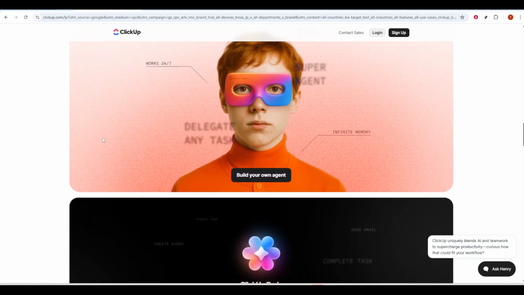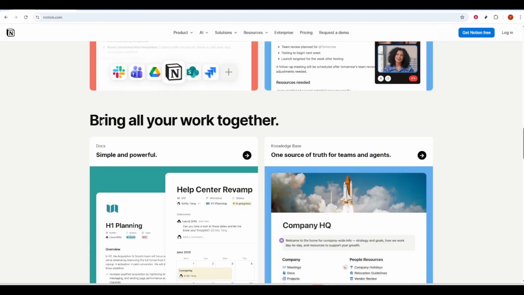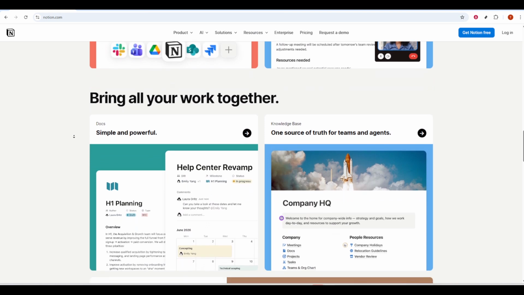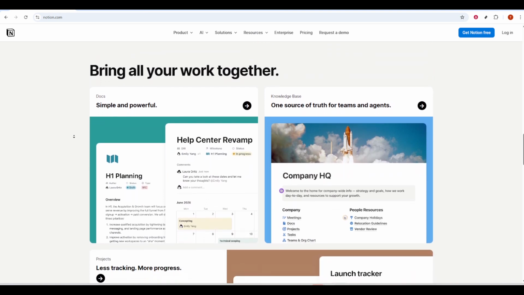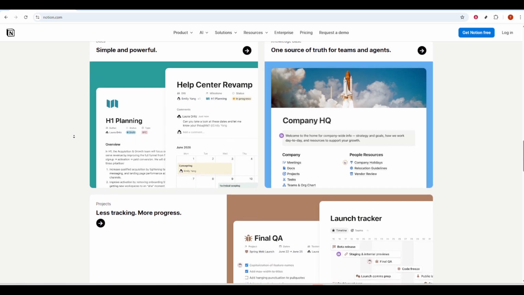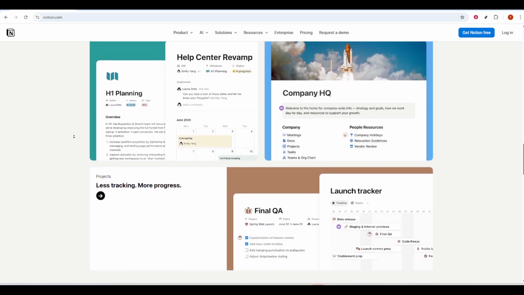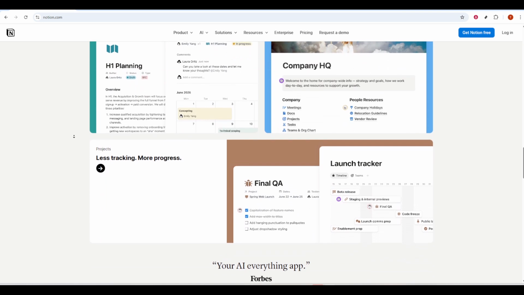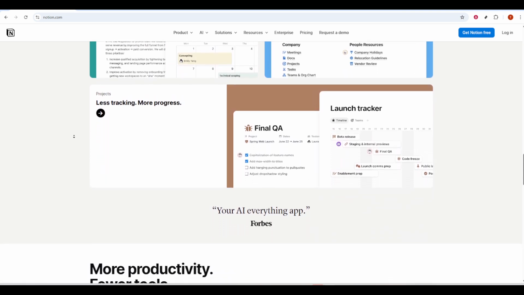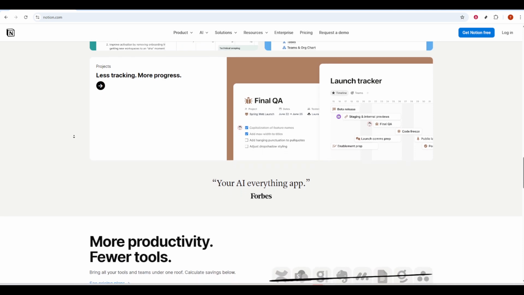Notion AI, on the other hand, is a writing partner. It helps you summarize long documents, brainstorm content ideas, and even fill database properties based on page content. If you're shaping a strategy doc or turning a scattered set of notes into a clean brief, it speeds up thinking and editing in a very natural way. So how do you